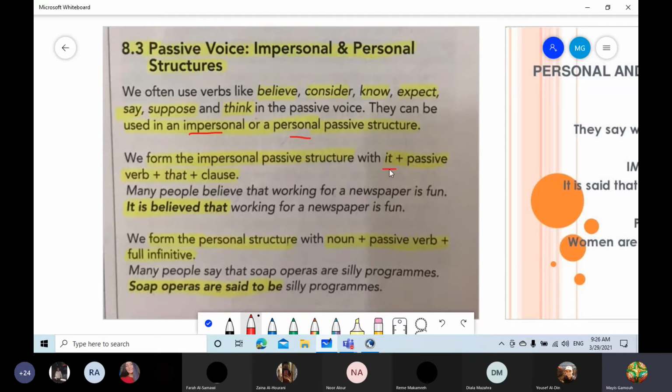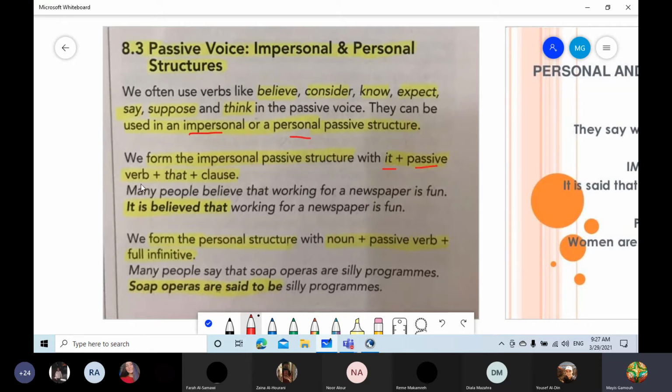I need an object in order to change my sentence from the active voice into a passive voice sentence. So I insert it at the beginning of my impersonal passive sentence, and then